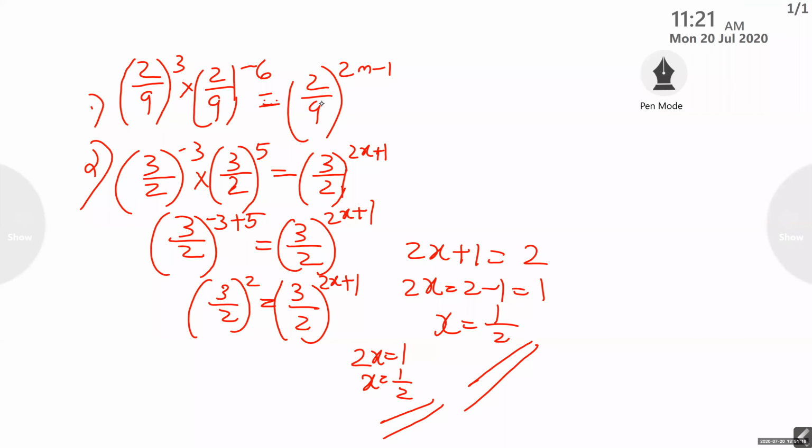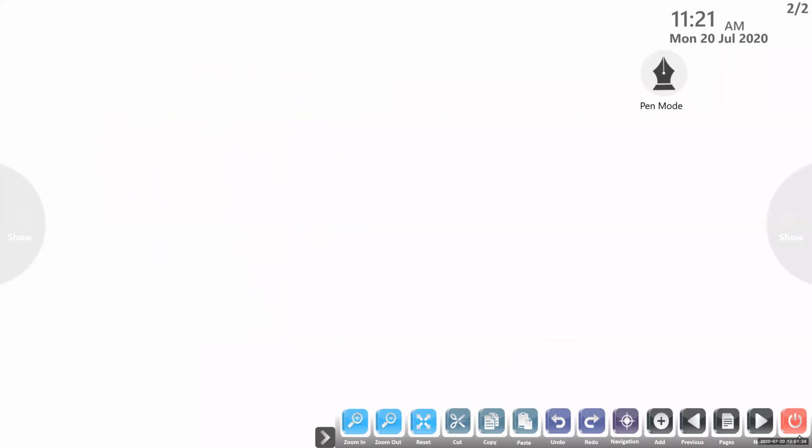Ma'am, in the homework you gave, addition and all. Okay, do one addition thing. You all read that question. Which type of question? I didn't understand. 6 raised to negative 1 plus 3 by 2, the whole raised to negative 1.